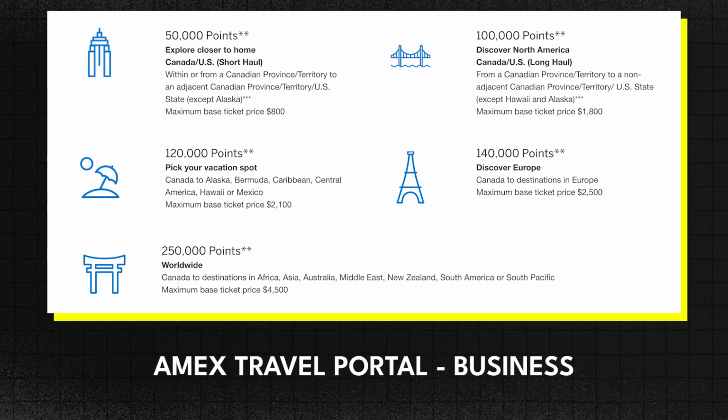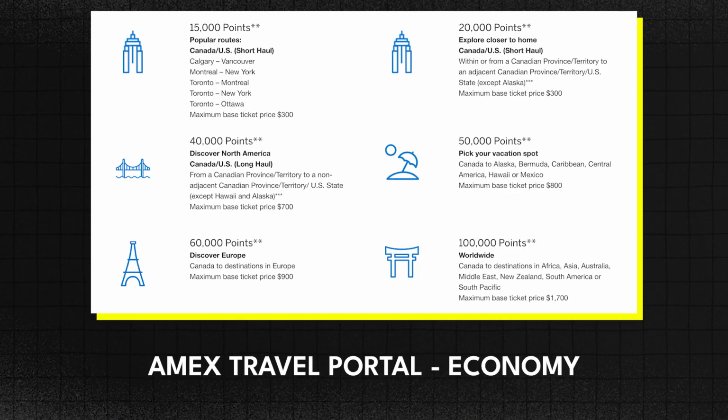But if you prefer, you can also redeem them for travel purchases made through Amex's fixed points travel program. The points value also varies here, depending on where you fly and whether you're flying in economy or business, but you can expect to get 1 to 2 cents a point, which is still pretty good. And then the least interesting way to use your points is as a statement credit, where you'll get 1 cent per point in value. This isn't awful, and it still means that you'll earn 5% back on food and drink purchases with your Cobalt Card, but you can still do a lot better if you're willing to use your points